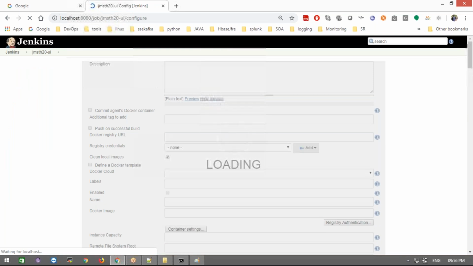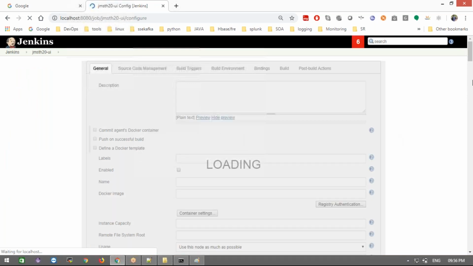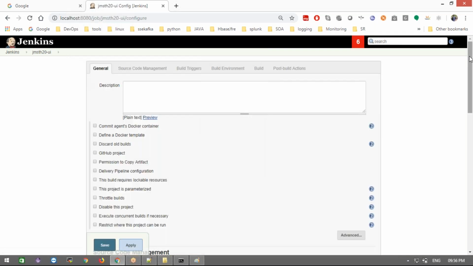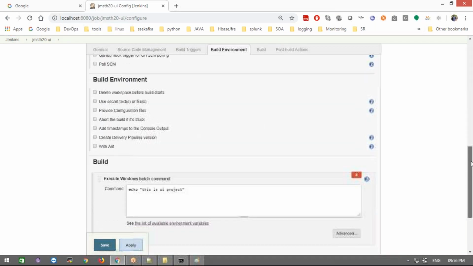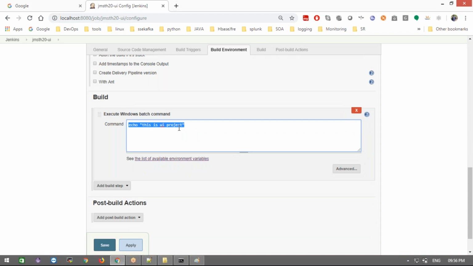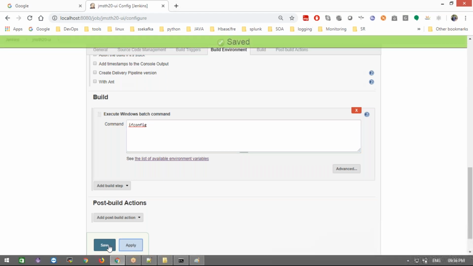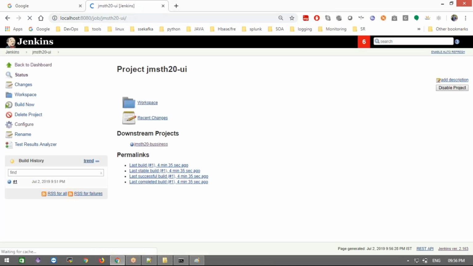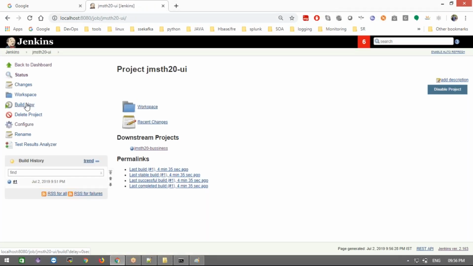That's what I showed, right? If it is a failure, it won't trigger the other jobs. That's what we configure there. Now what I will do, I'm going to configure here. I'm writing a wrong command here, intentionally failing this job. Okay, I'm giving the wrong command here. Don't take it wrong. I'm giving the wrong build now.